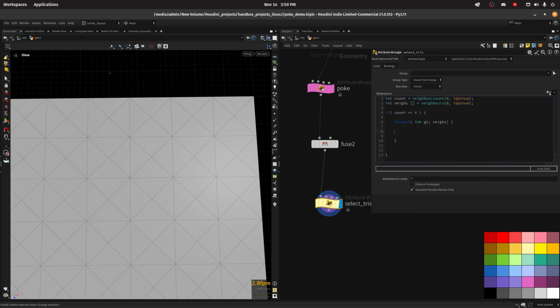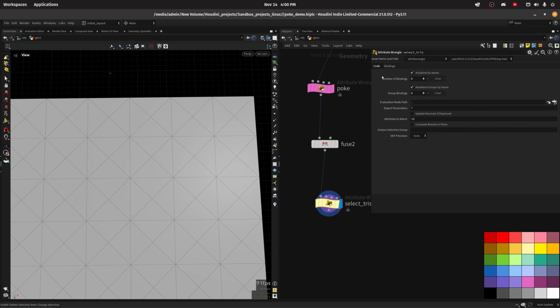And we just do set edge group, and for edge groups we do the input, the name, edge trees, and then we do the 2 points of the edge. So in this case it's point number, the current point, and the point we're iterating, and we just set it to 1. And now if we grab that and set in here on the output selection, we have the interior